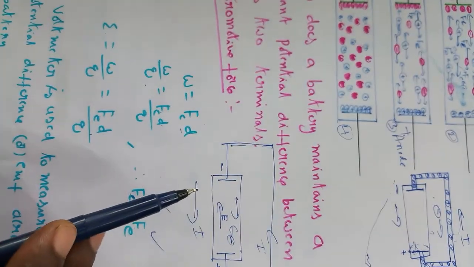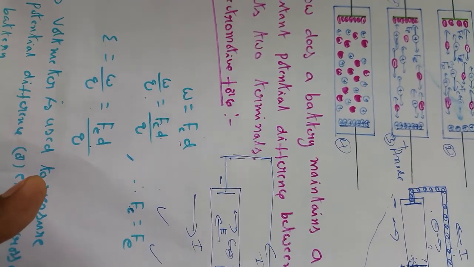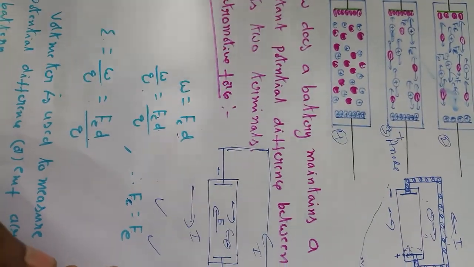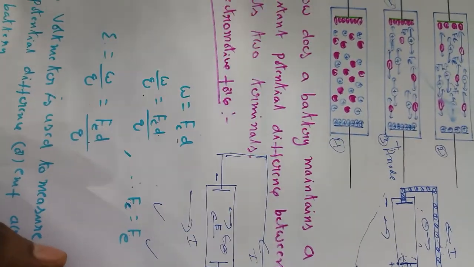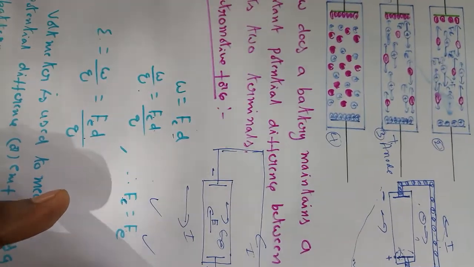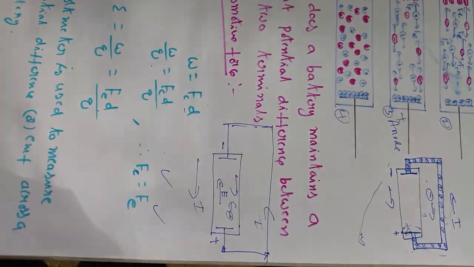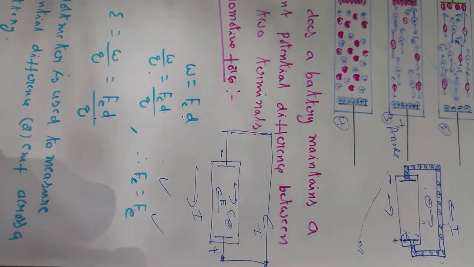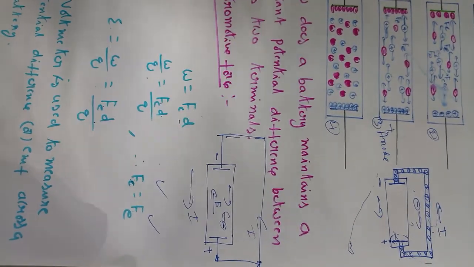Suppose we observe the voltage of a new battery. On a battery we can observe 1.5 volt, 3 volt, like that. That 1.5 volt is the EMF. When we connect that battery in the circuit, the potential difference measured between its two terminals is the voltage. In higher classes you are going to learn very clearly about the differences between EMF and potential difference. So this is about electromotive force.